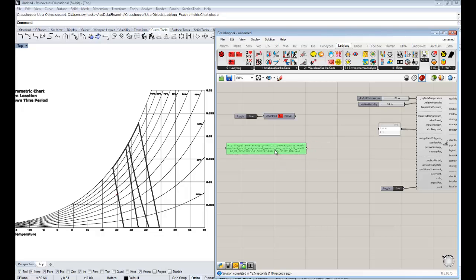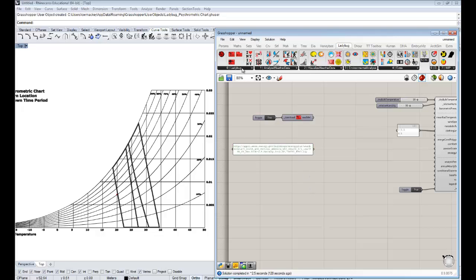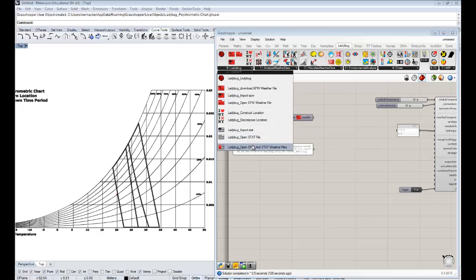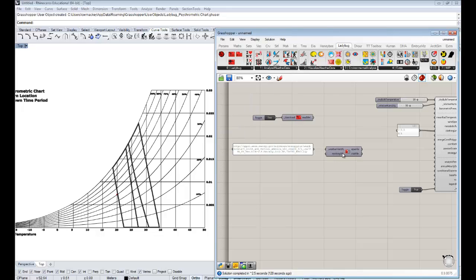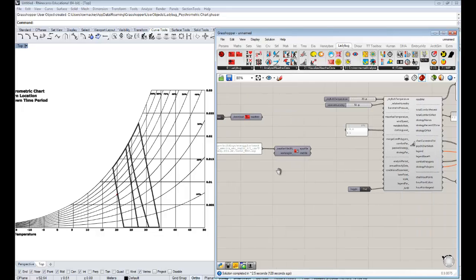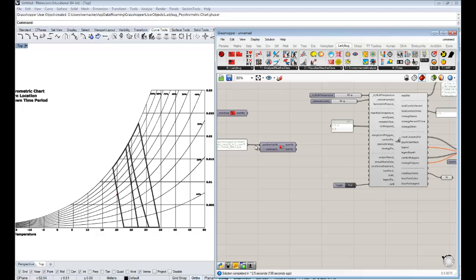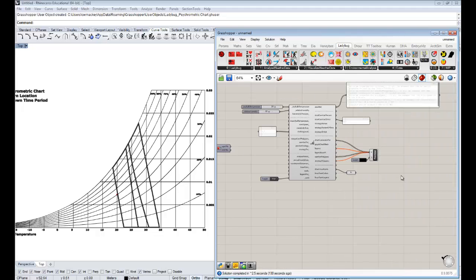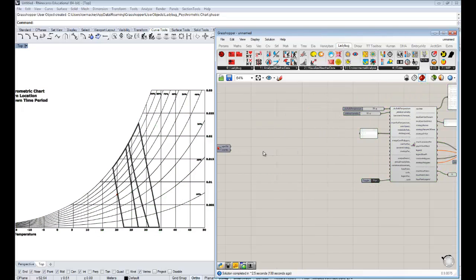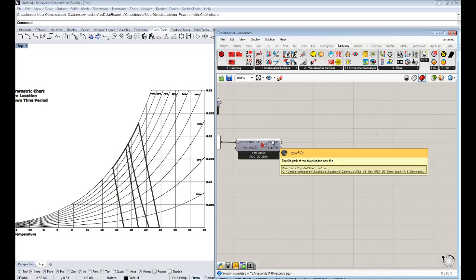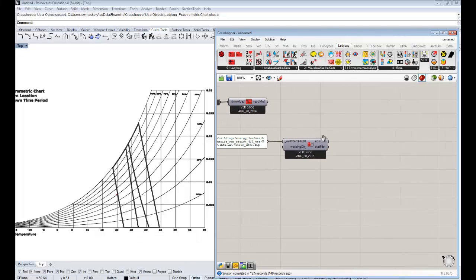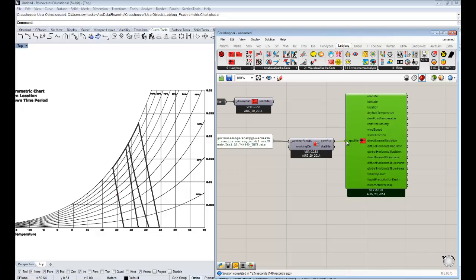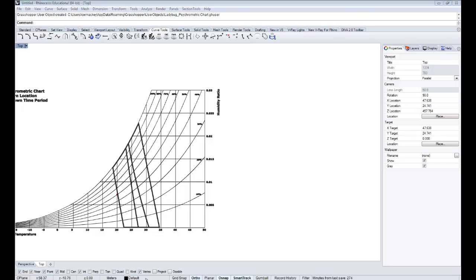Now once I have this web URL for that climate file, all I need is a Ladybug import EPW and stat, which I just drag and drop onto the canvas. Some of you may already be familiar with this workflow. You hook up the weather file URL from the panel there. And then lastly, we need to import all the data from the EPW file. This is just giving us a file location on our computer. So we'll grab the import EPW, drop that onto the canvas, and hook that up. And that will now import hourly values for dry bulb temperature and relative humidity for every single hour of the year. And that is what we're going to